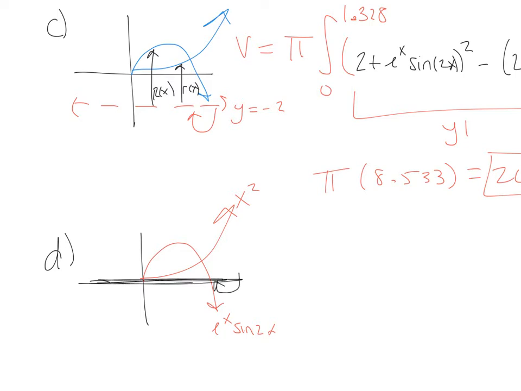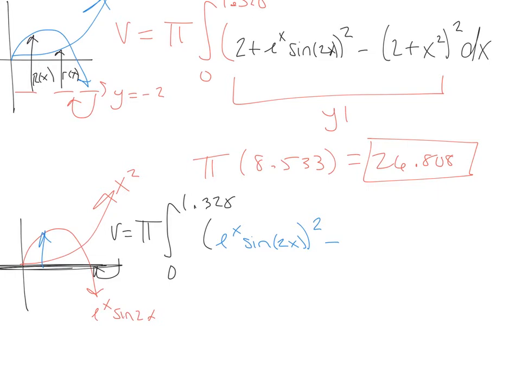Okay. So when I revolve around the x-axis, I'm going to still use the washer method because there are two curves, and I'm still going to have the 0 to 1.328, and all I need is the upper curve minus the lower curve. The upper curve is going to be from the x-axis, that is still e to the x sine of 2x squared minus the lower curve, which is to here, and that's x squared